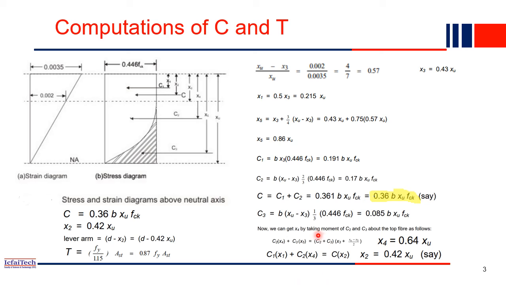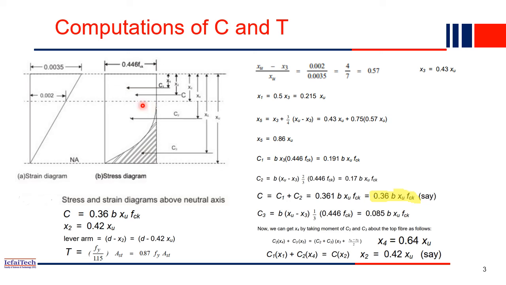Both, if you do it together, into CG distance of both. So CG distance of this entire area is how much? Entire rectangular area. So entire rectangular area is C2 plus C3, right? That's what we did. C2 plus C3 is the entire force, into what? The CG of this rectangle.